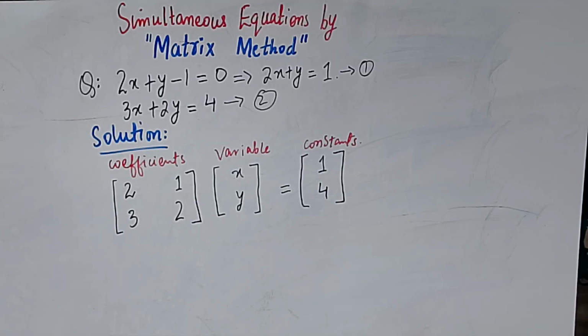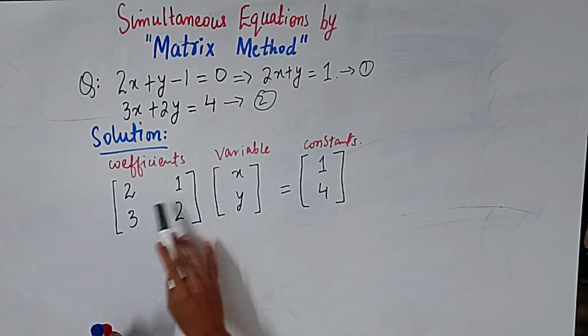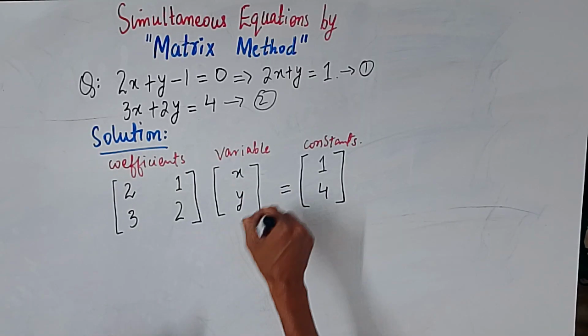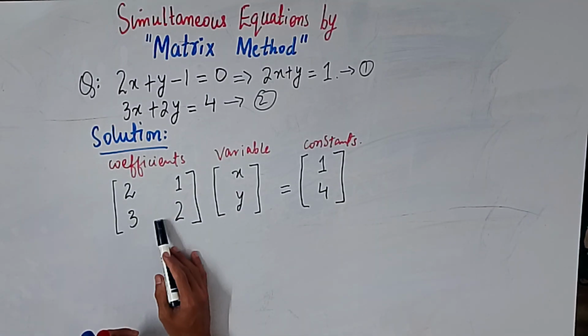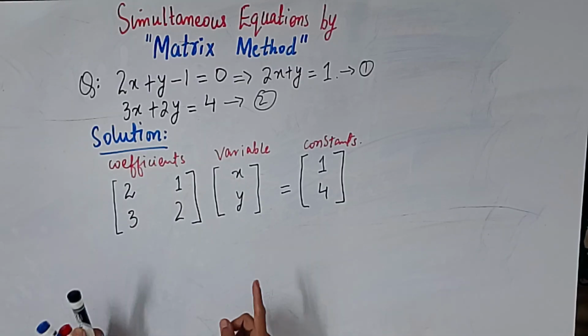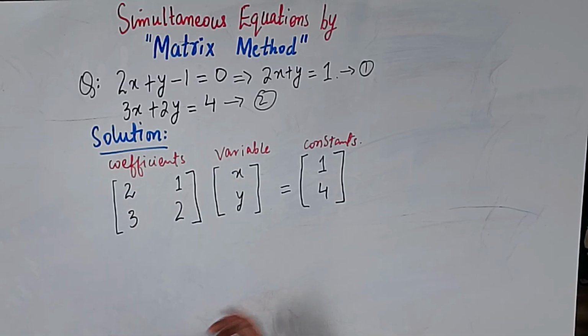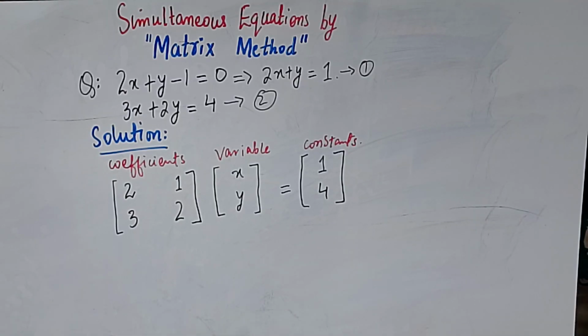Now what you need to do in this particular question, we need to find the value of x and y. So this particular matrix is actually multiplying here, so it will go there and divide, so that this matrix will be isolated. So to make it isolated, you need to move this coefficient matrix over there and it will divide. But as you know, we have discussed this in our previous videos, that there is no particular division in matrices. We will do inverse instead of that. So when we will write this particular in division, we will write it like this.